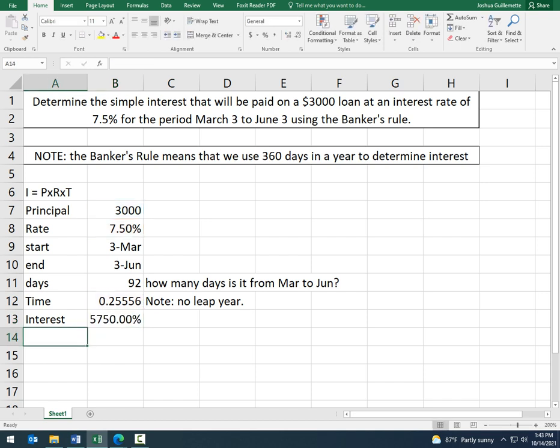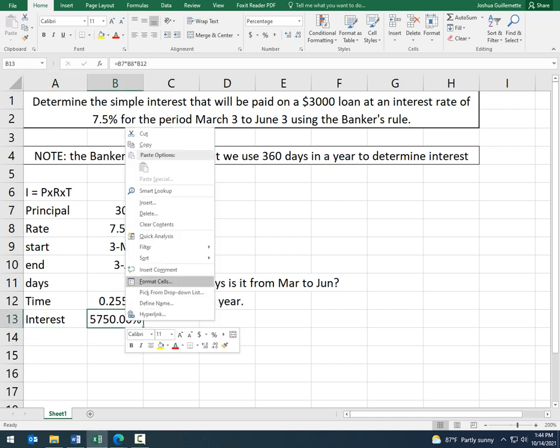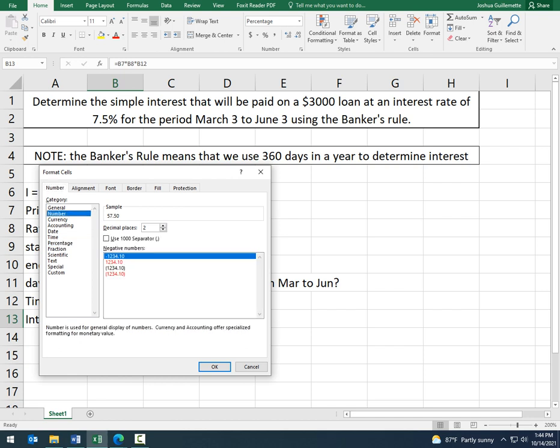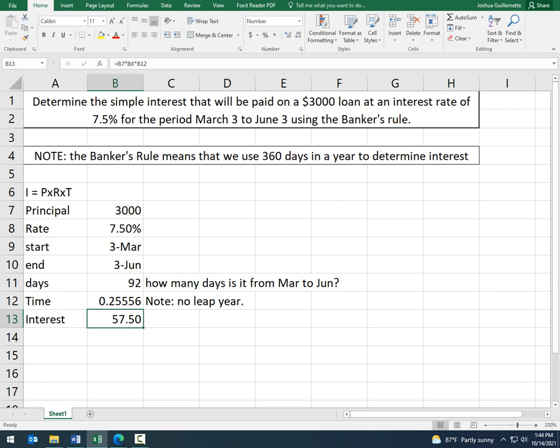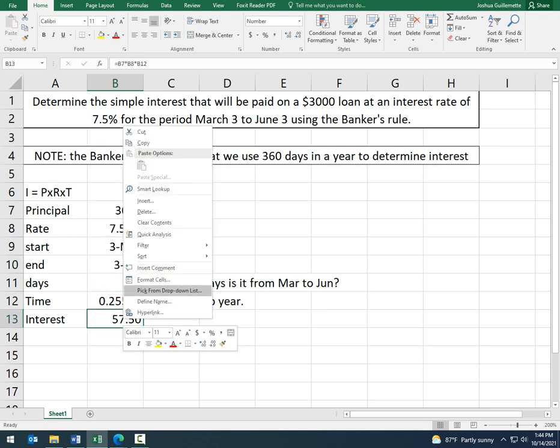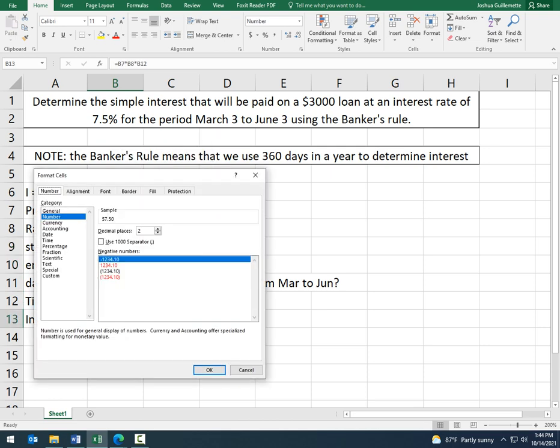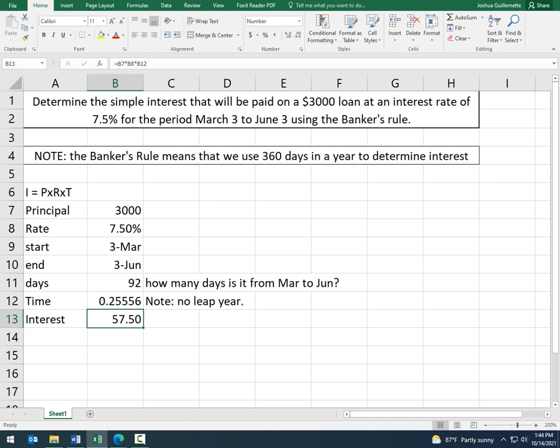And so what you get is, oh no. Okay, perfect. So that little percent sign in there messed this up. It turned this into a percent. That's going to happen from time to time. Sometimes it'll convert it into a date because you have dates here. But again, if you just right-click, click on Format Cells, and make it a number, you're good to go. So it's